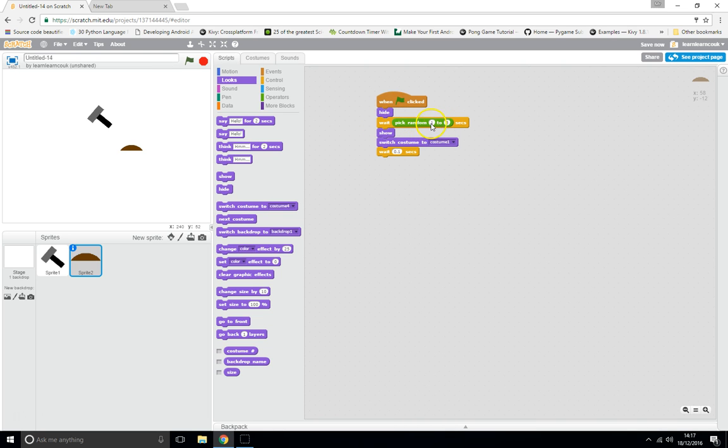Wait a random amount of seconds between 1 and 5, and then we show. Better turn that to costume 1 before we show. Now we wait 0.1 seconds, switch through to costume number 2. There we go. Wait another 0.1 seconds, switch to costume 3. Wait another 0.1 seconds, switch to costume number 4. So hopefully now, if we press start,